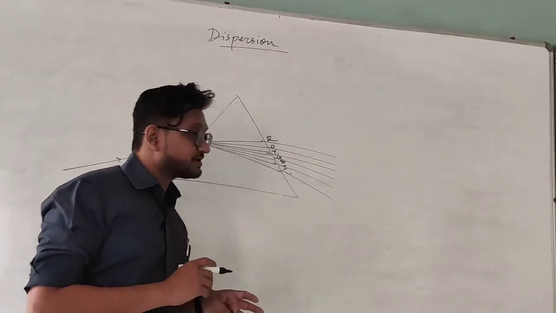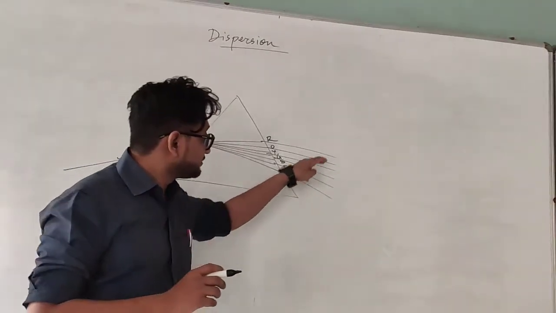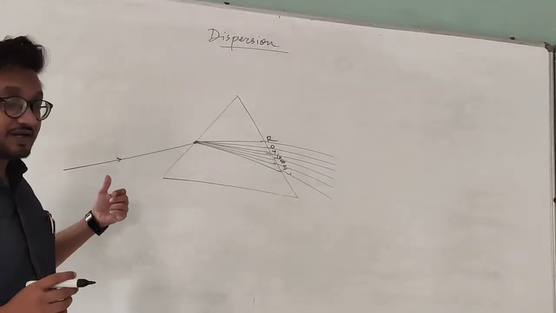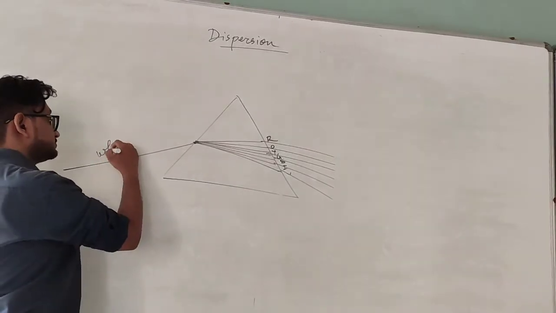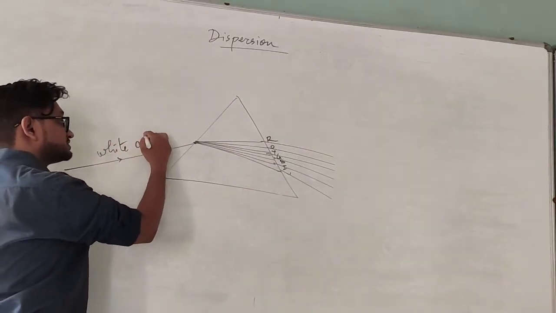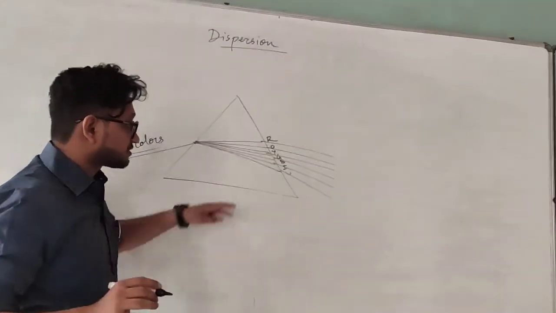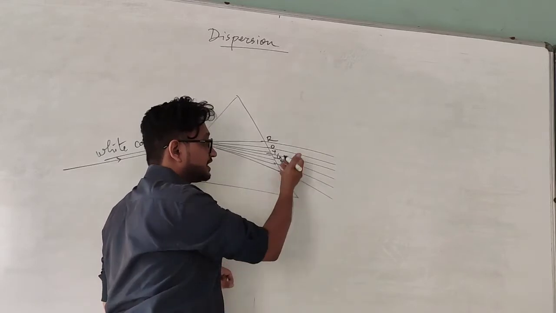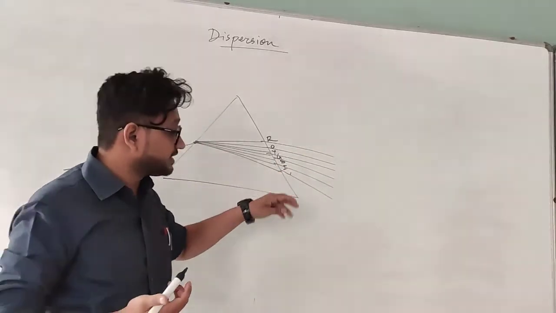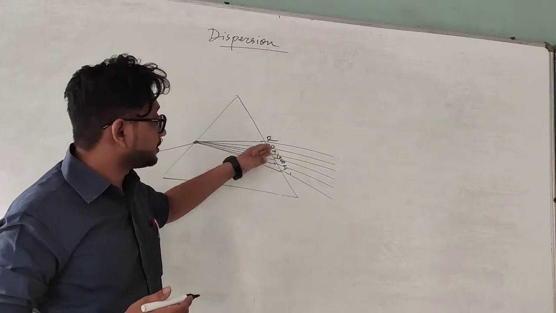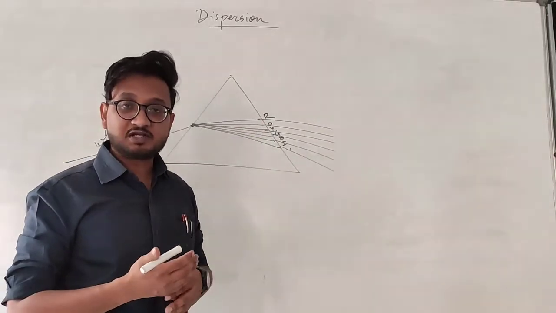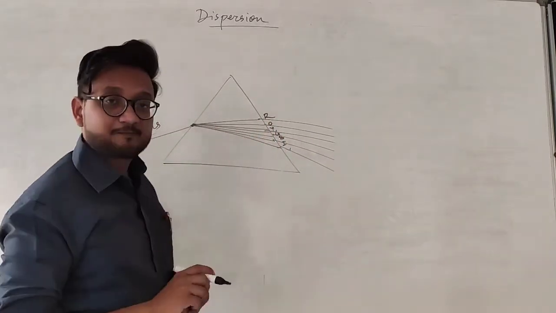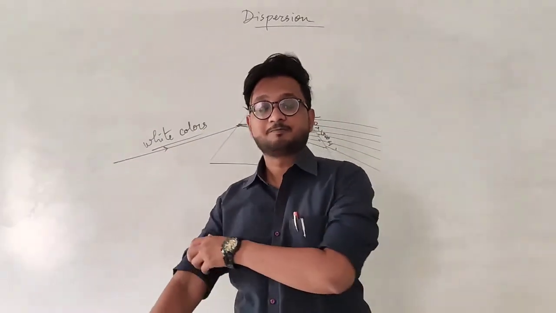However, he could not get any more colors. He came to the conclusion that these are the primary colors of this white light, and therefore all the other different colors that you see around us are a combination of these. So if you see a particular color, that means it is a mixture of, let's say, violet and green, or violet and indigo, or maybe yellow and red. All these different combinations are basically the combination of these colors only. It cannot be split anymore.